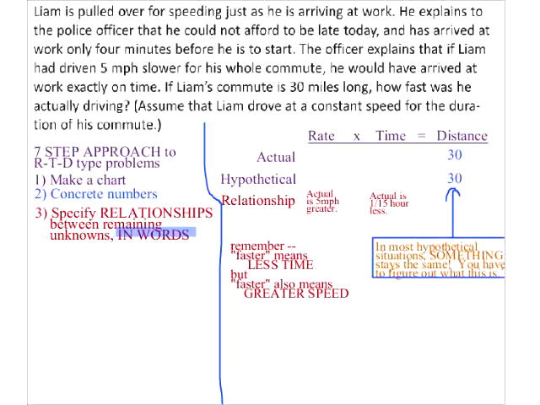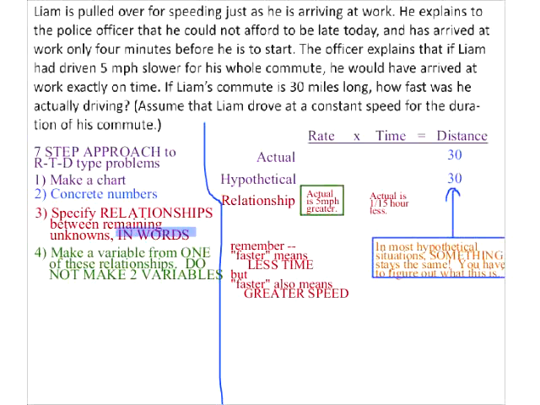Then, once you're done with those words, take one of those sets of words and make a variable out of it. So make a variable from one of these relationships. Do not make two variables, because if you do, then that's going to be a serious hit to your time bank. It doesn't matter which one we use, but for the sake of fun, let's go ahead and use the one on the left. So the actual one is 5 miles per hour greater, which means actual speed can be r, let's use r for the actual rate,